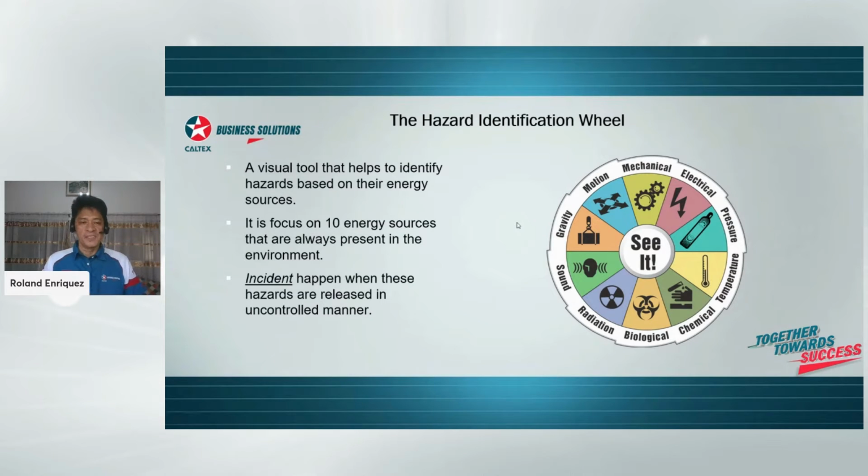Okay, so we define an incident as what happens when you are exposed unintentionally to this hazard, right? So that is the incident as related to the hazard identification wheel. Okay, any question? These are grouped into three: the physical hazards, the chemical hazards, and the biological hazards. Okay, so we put it in a wheel to have a quick reference chart for us to manage or assess the hazard, so as to reduce the potential of incidents.